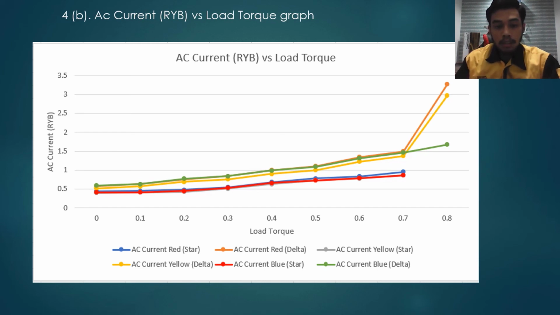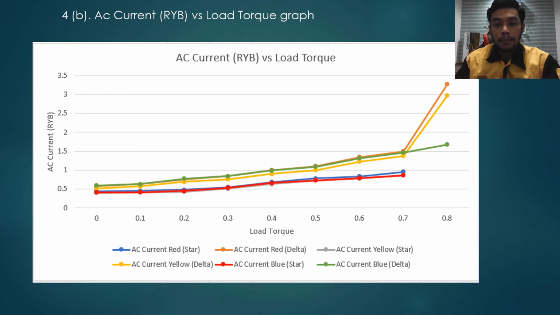As you can see here, first for the red phase star, the blue color, the graph increased linearly, and after 0.7 it will experience stall condition. And then for the brown color, the delta connection, it also increased linearly, and after 0.7 it goes up until